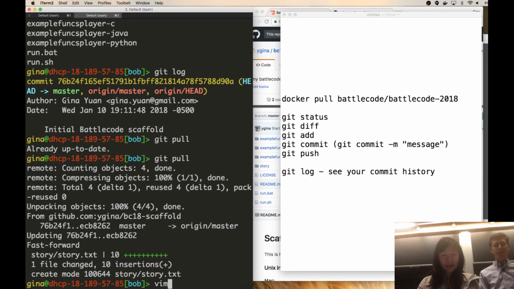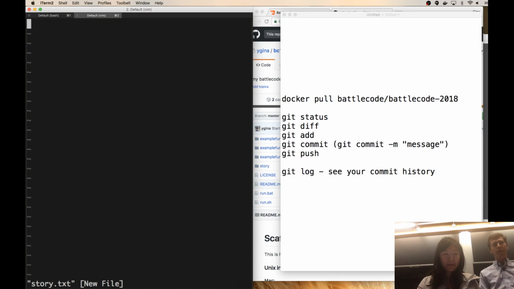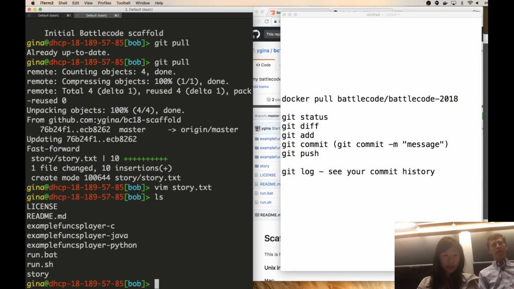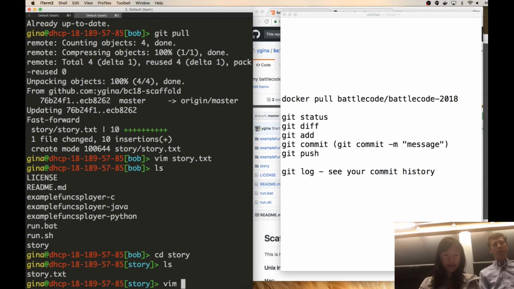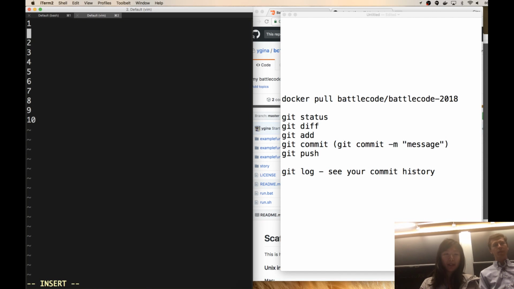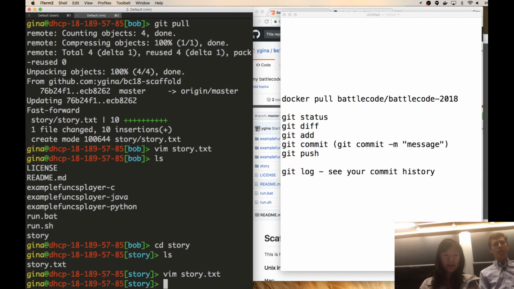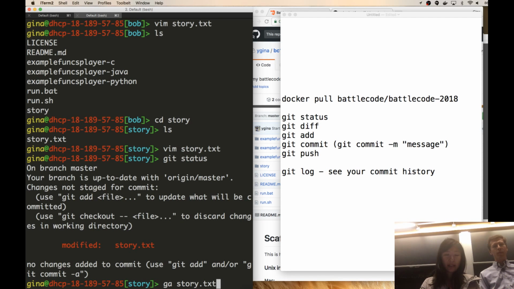Bob is going to edit the story himself without telling me anything. So cd into story, ls, I'm going to edit story again, and Bob is also going to add decimals, like 1.3, 2.3. Bob will add the changes,